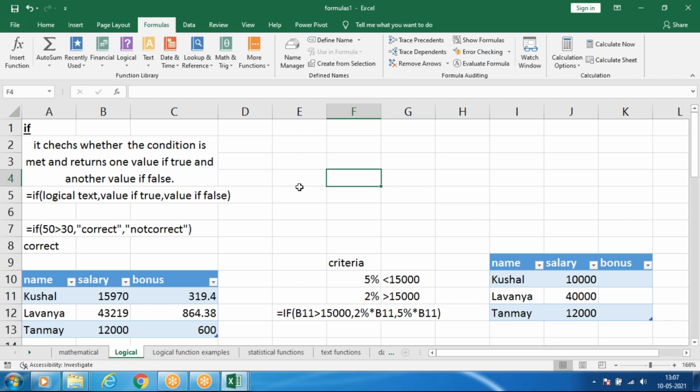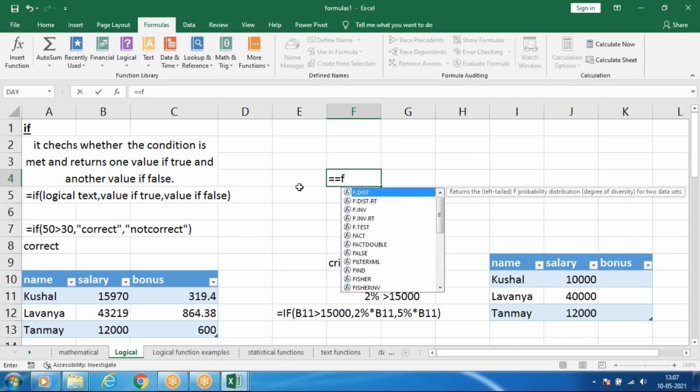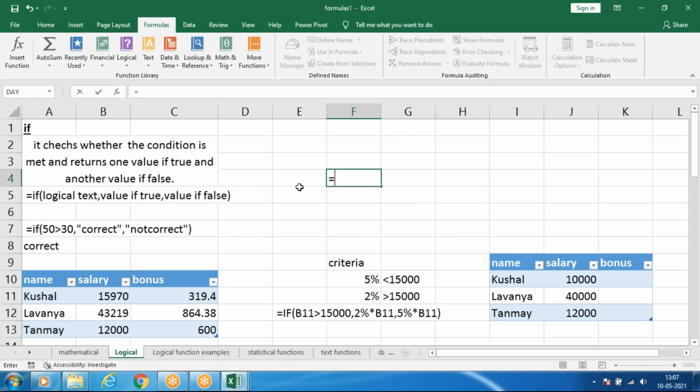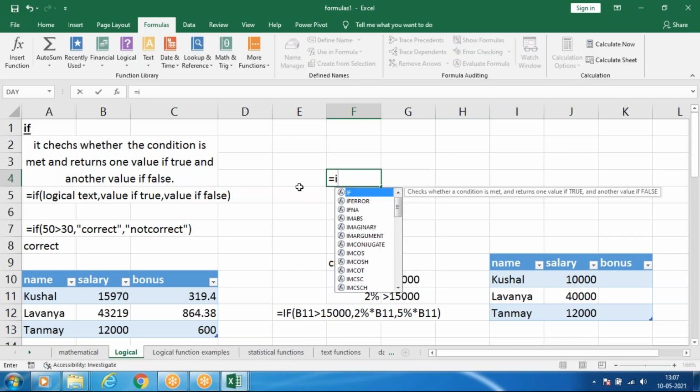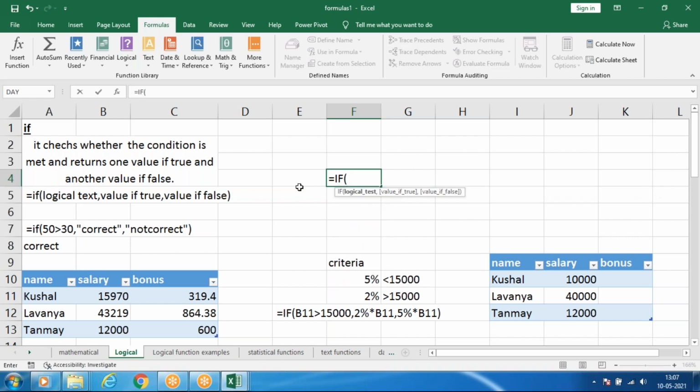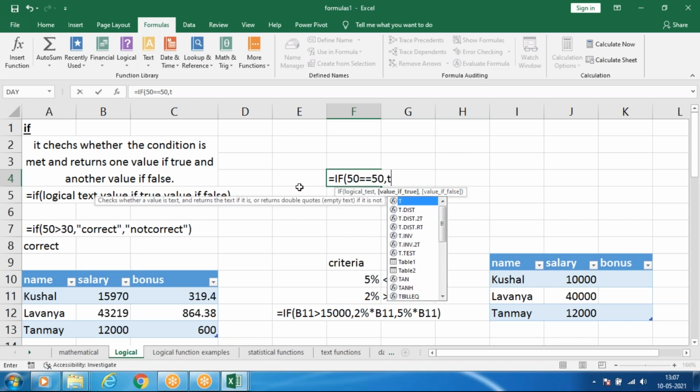For example, equals IF. The logical test is 50 equals to any number, comma. If the value is true, print true.